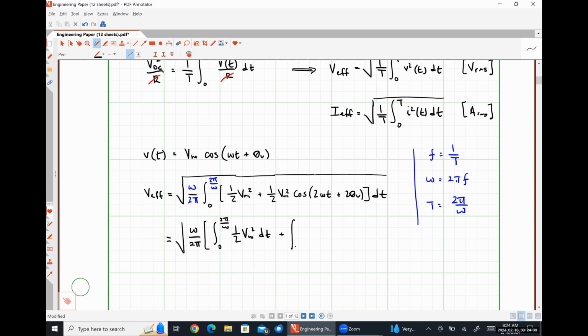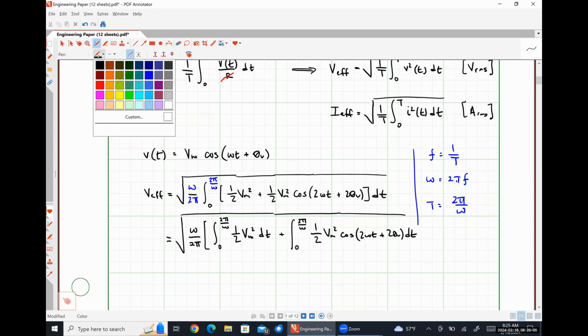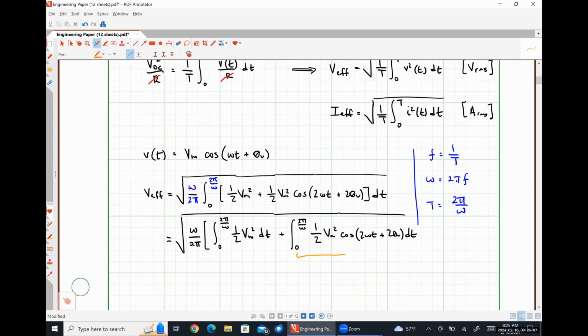And then I'm going to have the integral from 0 to 2 pi over omega of 1/2 Vm squared cosine twice omega t plus twice theta v, this integral right here